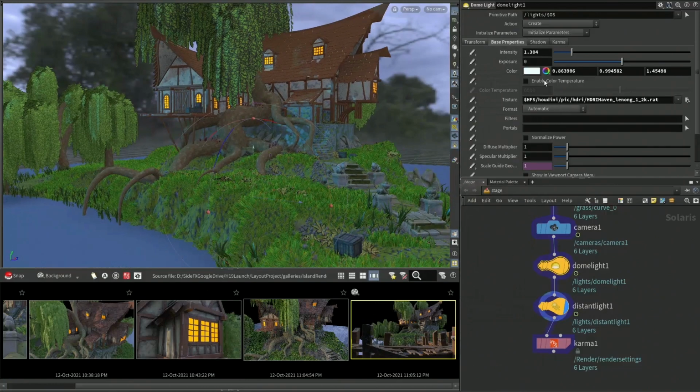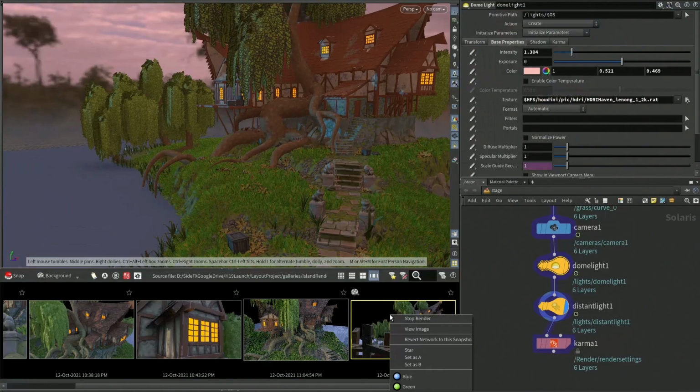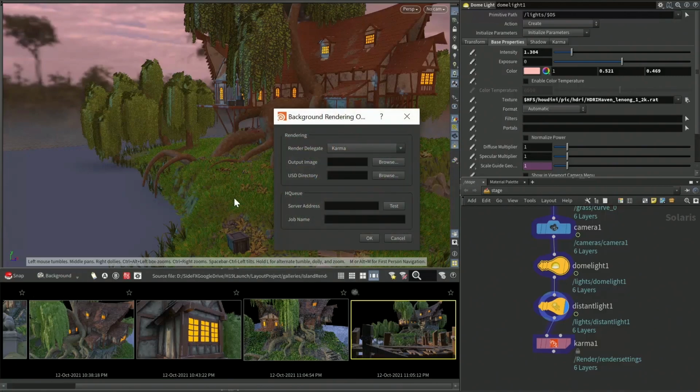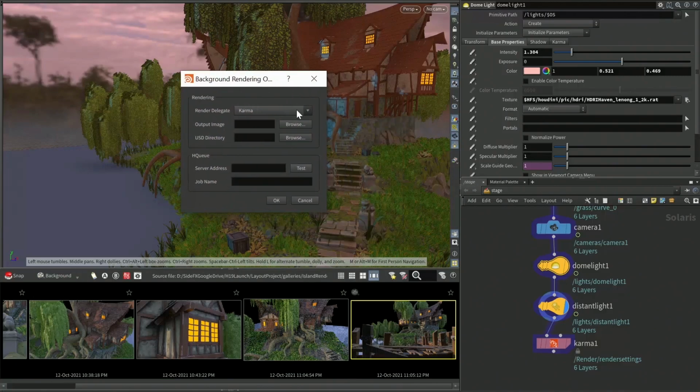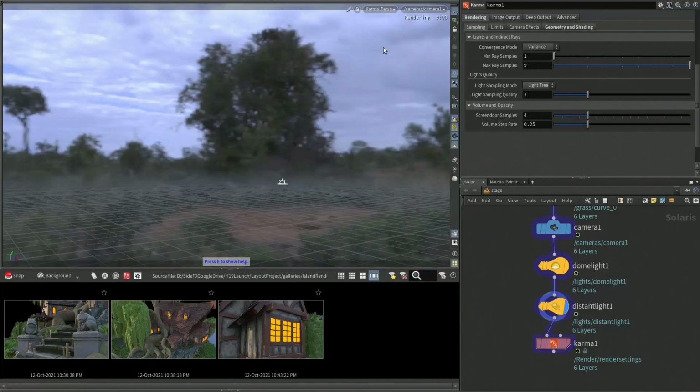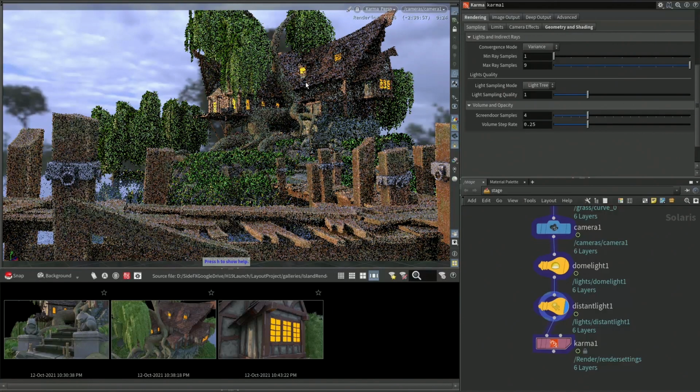Then you can make some changes, and if you decide you don't want them, you can go back to the way it was. One of the features added to 19.5 was the ability to save an image to the gallery in the background.